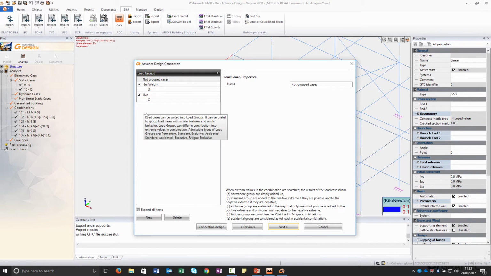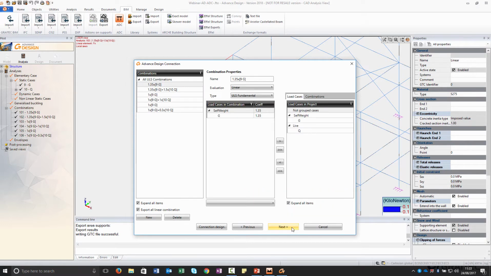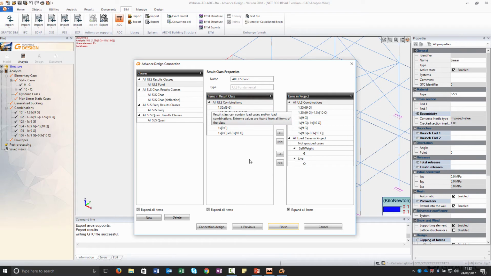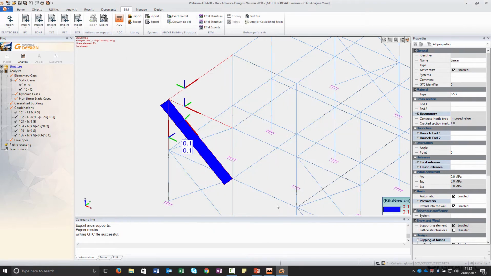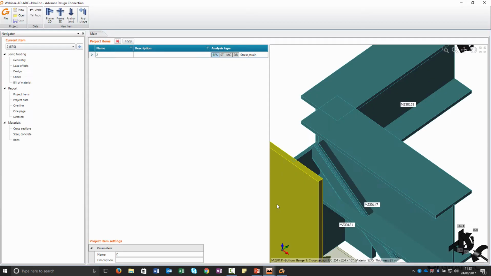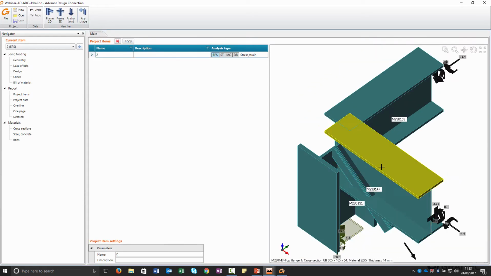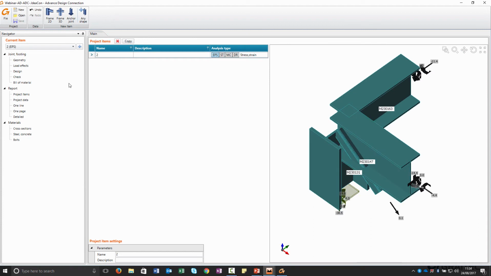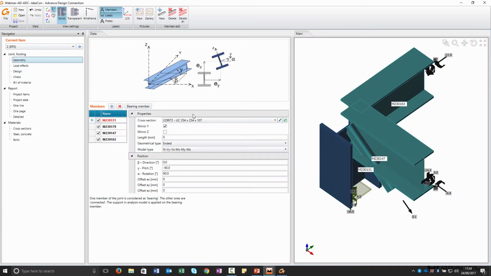Here there are the load cases set in advanced design, and then if you go to next, we can see all the combinations. You can also create new ones, but in this case we are just creating the ones from advanced design. Then we run our model, and as you will see, it will recognize all the inclinations and the angles we have set. So if we go to the geometry, as you can see, this is my element, this is my column,